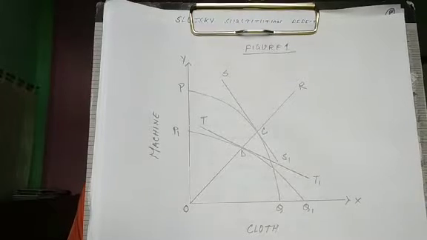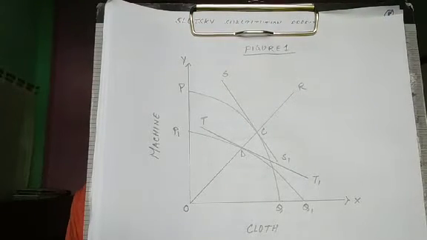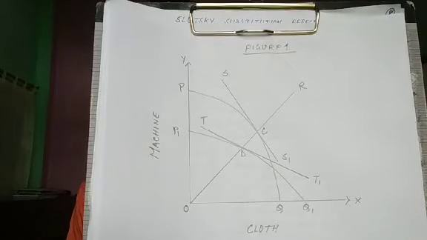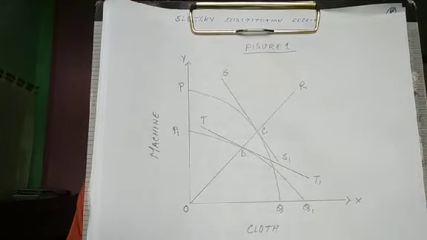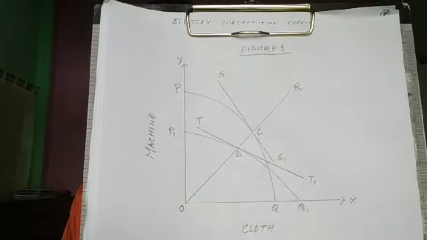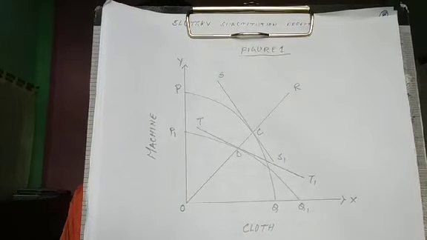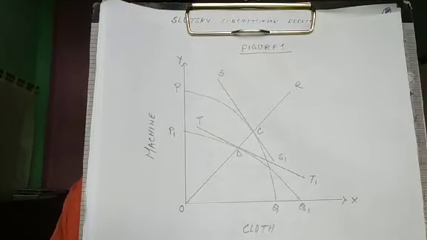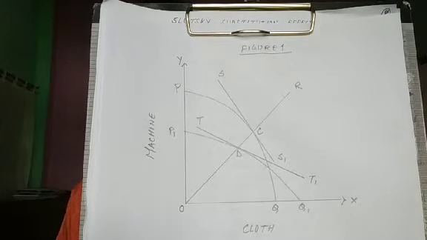But here is one important point to be noted: for this generalization of Heckscher-Ohlin to hold good, or to be true, one condition must be satisfied, and the condition is that the consumption pattern in both the countries must be identical, and income elasticity of demand for each commodity must be equal to unity. So this is very important. I repeat, this condition is very important.